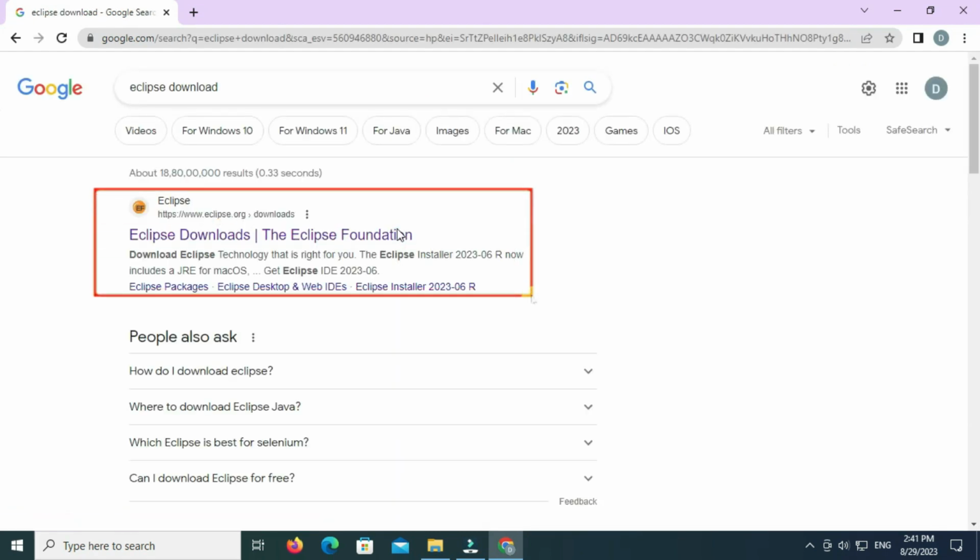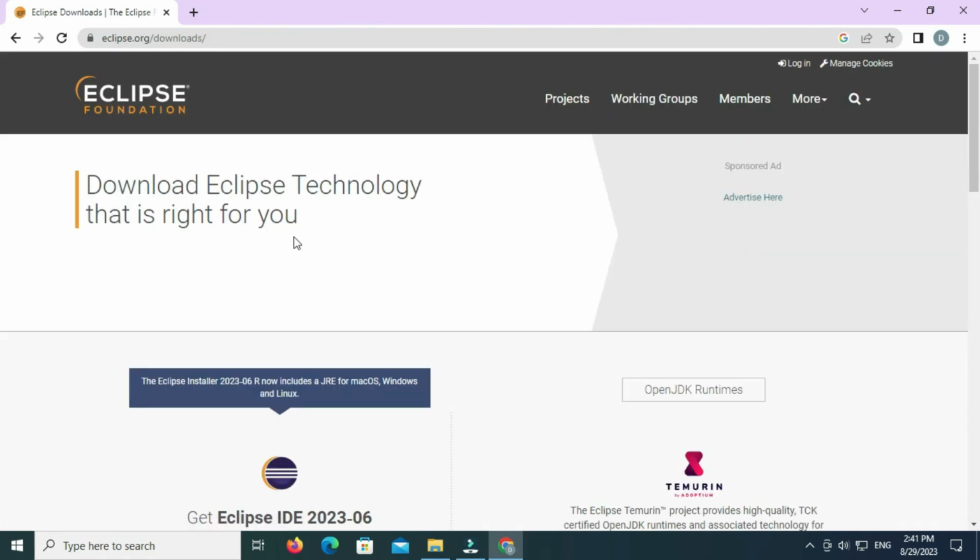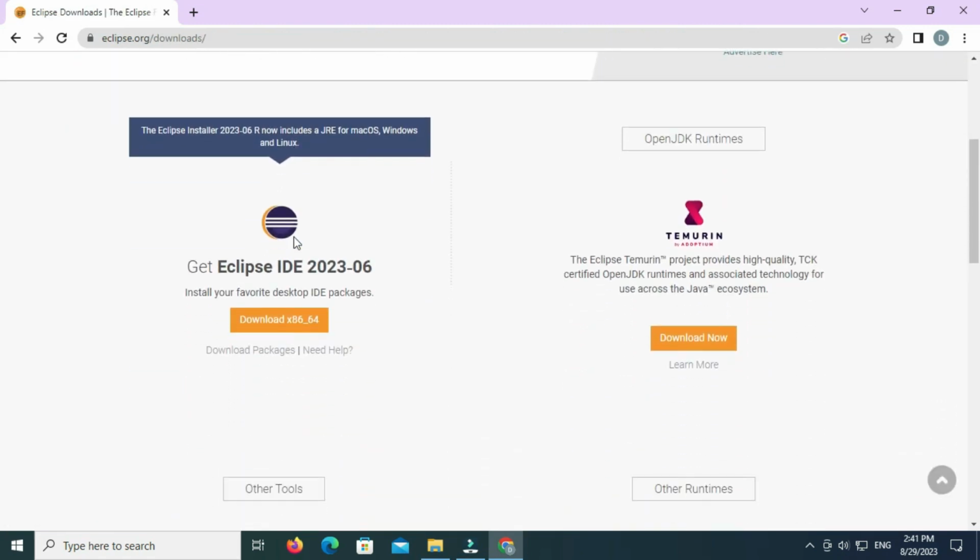The first link here is eclipse.org. You have to click on it. So this is the latest version of 2023.